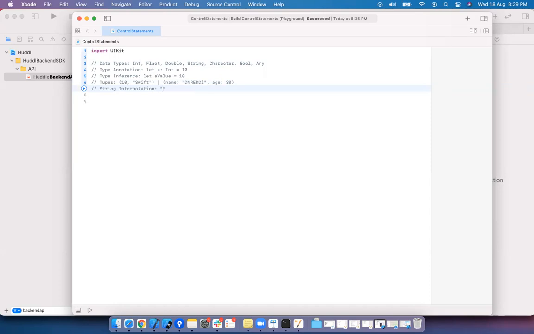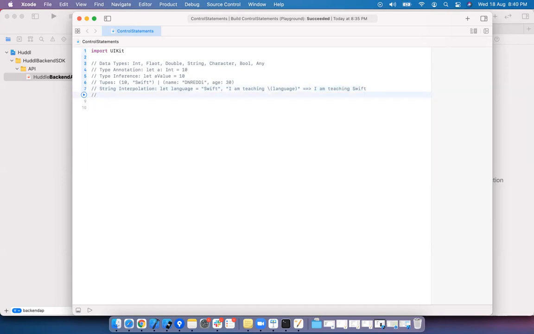Like I am teaching a language, it produces I am teaching the language. If I have language equal to Swift and you use string interpolation, you will see the output as I am teaching Swift.